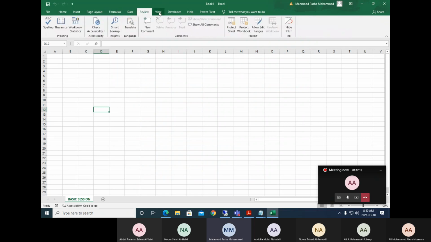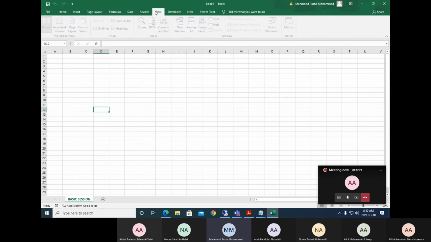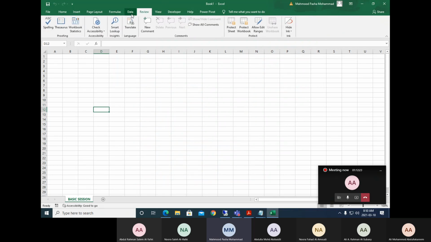Now these are all the controls available under each tab. Okay. So what is the use of creating our own tab there inside our Excel? What is the use? The first use is we can save our time. We can save our time searching for the controls or commands. Other thing is, whenever you are working there, you will be sure that everything is available in one place.